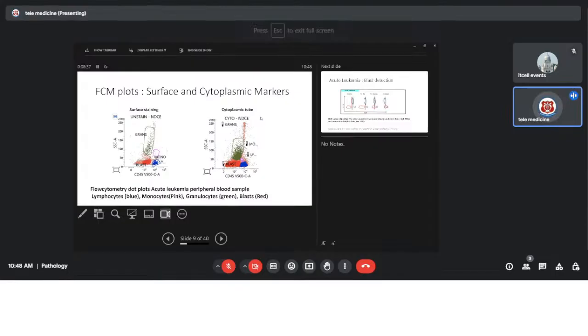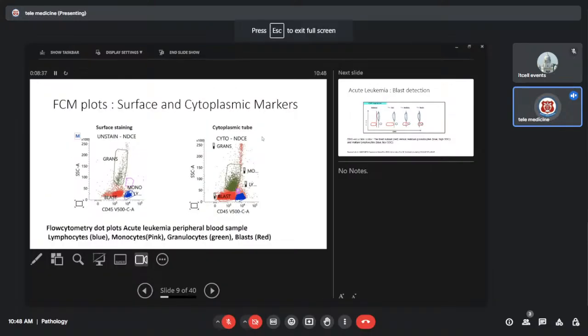Certain markers which are inside the cell. I've seen TdT in IHC, it comes in the nucleus. If you see MPO, it comes into the cytoplasm. So in the flow cytometry, we have to analyze these antigens which are inside the cell. So what we do, we permeabilize the membrane and we allow the reagent to enter inside so the antigen will bind with the antibody. So what happens is that